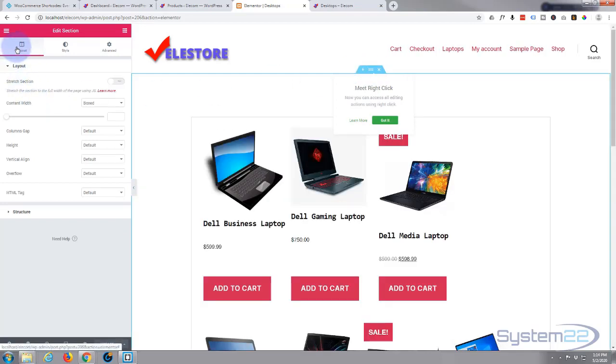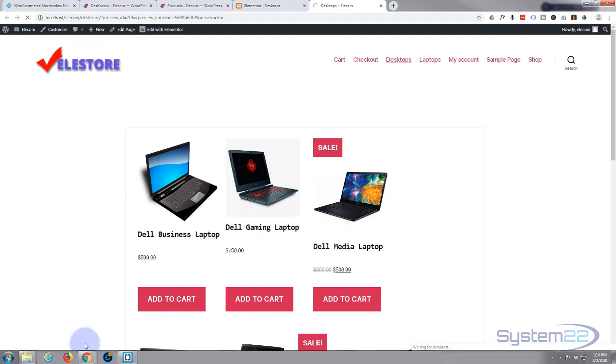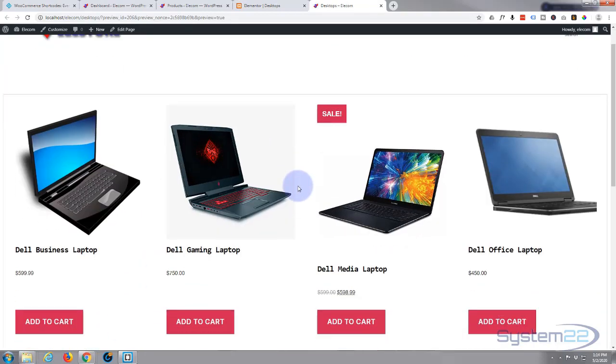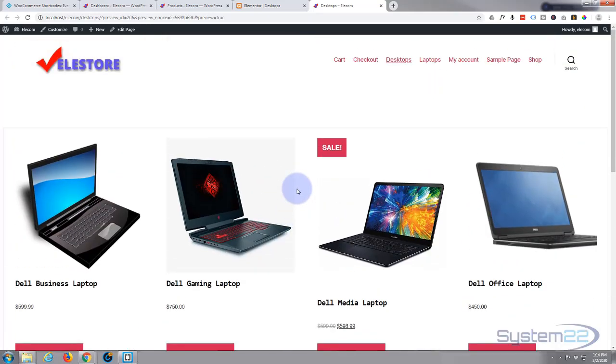And under layout, you'll see content width boxed. I'm going to change that to full width. Now update and preview the changes. Page will update. There we go, that's looking better. It's taking up all the screen, which is nice,